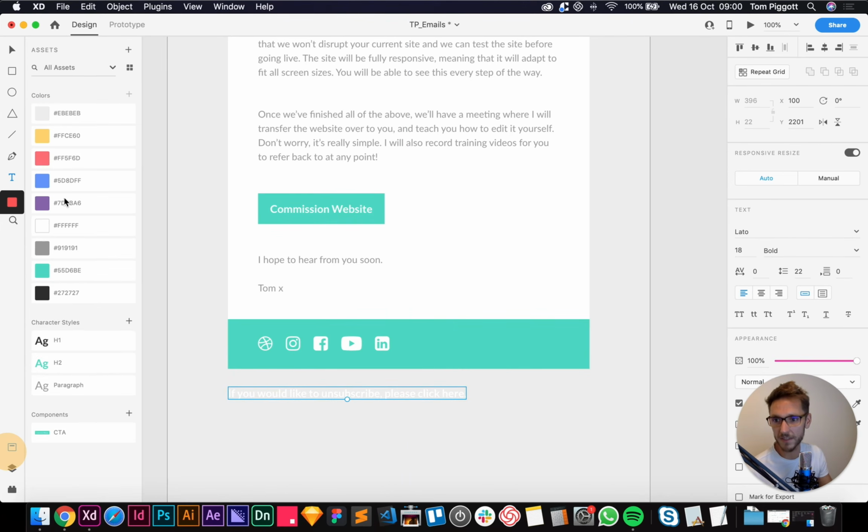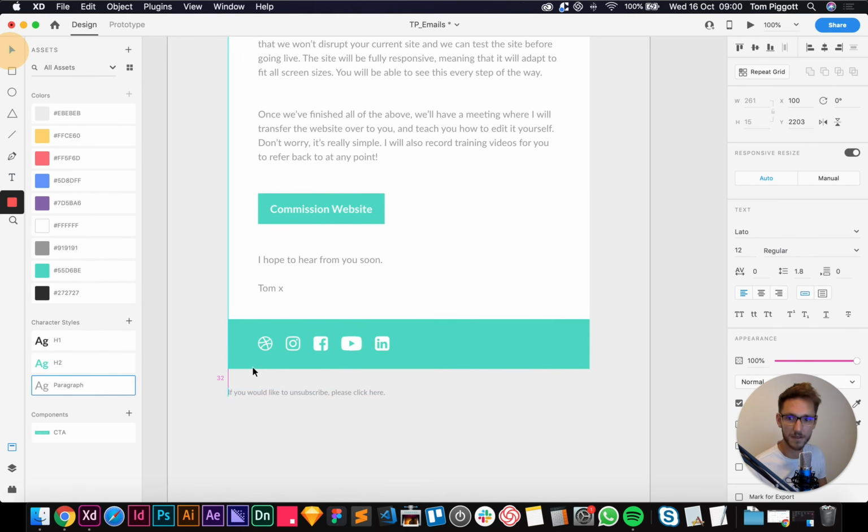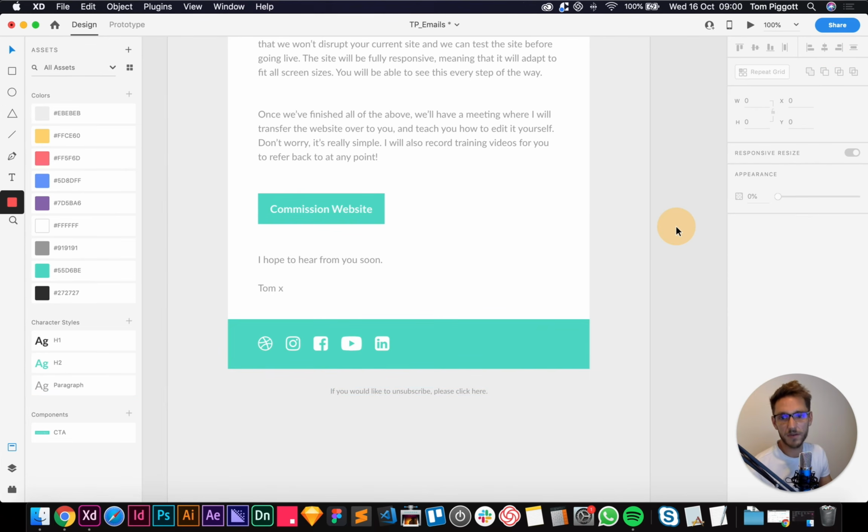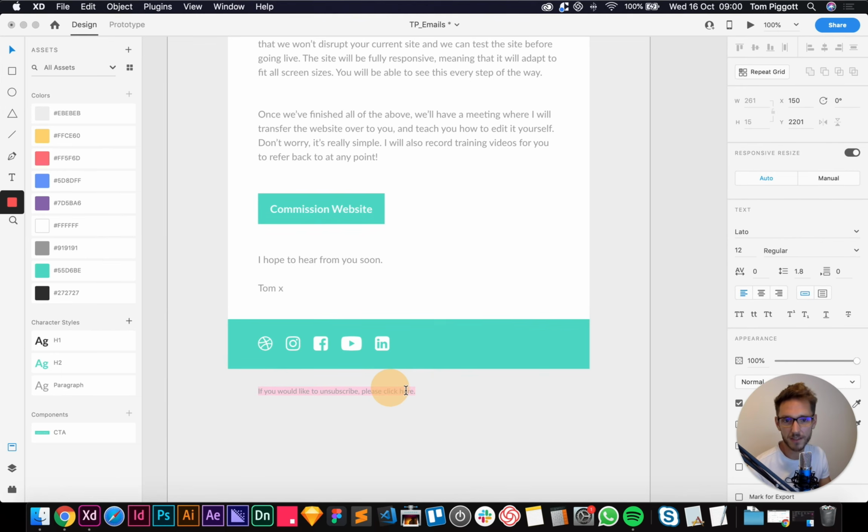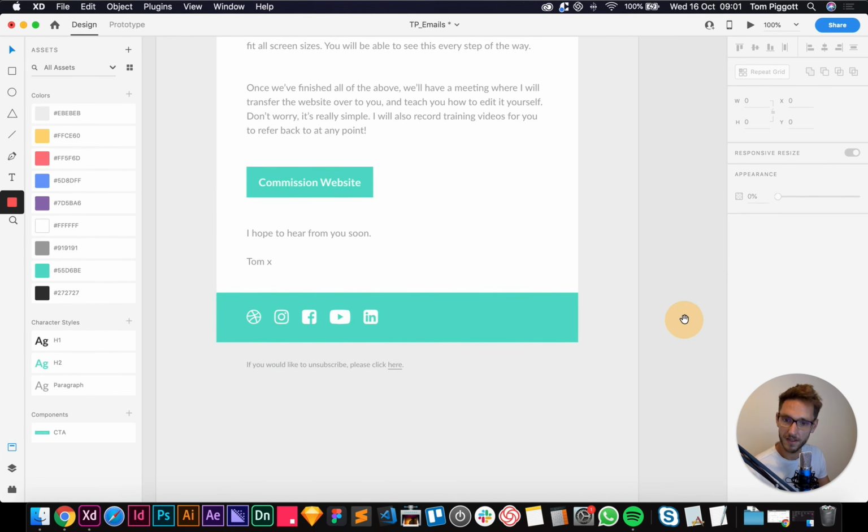And then I might come to my styles and make this into the body style, my paragraph style. That's a bit big, so I'm going to drop this to 12, and then I'm going to do 12 times 1.5, something like that is okay. And I'm going to nudge it up a little bit, so 30 there, or perhaps we could center the unsubscribe, or maybe it looks better over there. I'm not sure. We can decide when we get to it, and we can just make sure that this looks like a link by having it underlined. And I think that's okay.